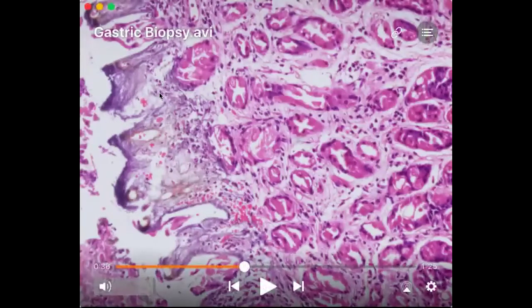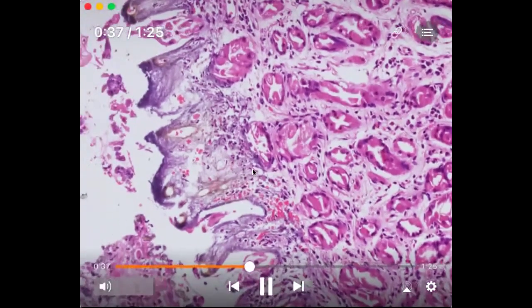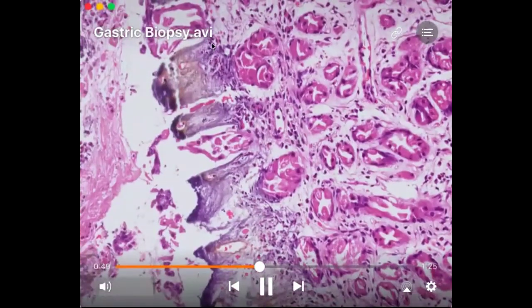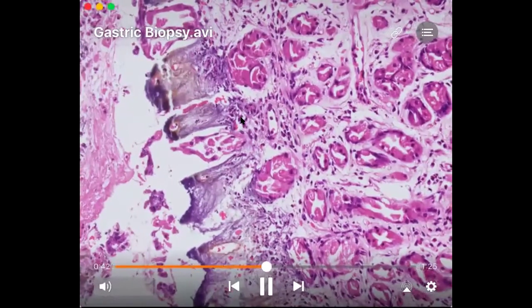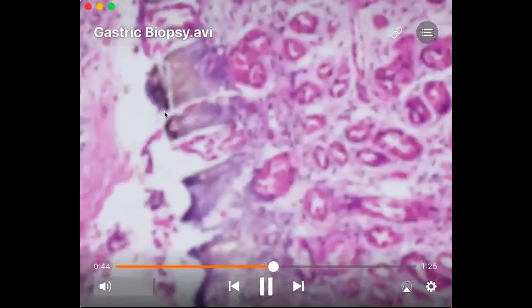So, what you need to know is that when you see these deposits, you also have to look at the lamina propria. As we could see here, there is an infiltrate of polymorphs and eosinophils in the area where we could see the mucosal erosion and the deposits. Now, for this case, the deposits are also present within the lamina propria, so it is relatively easy to identify these deposits. And when you see this kind of inflammatory reaction secondary to a deposit, you know that the thing you are dealing with is actually pathological.